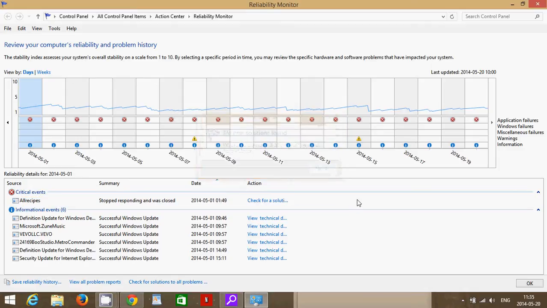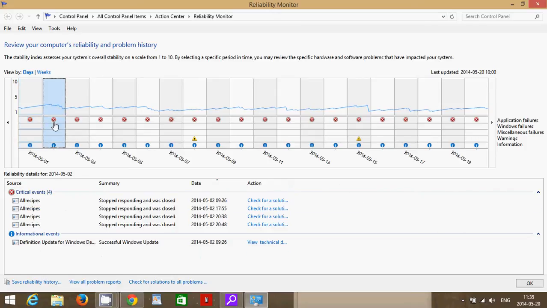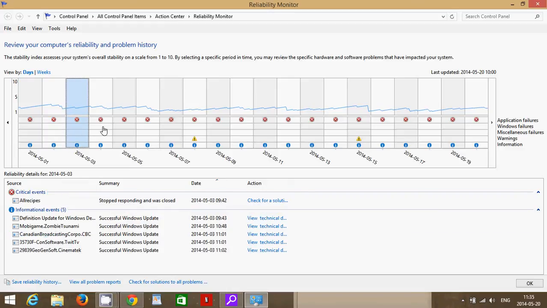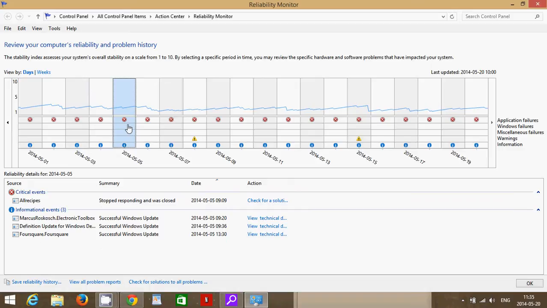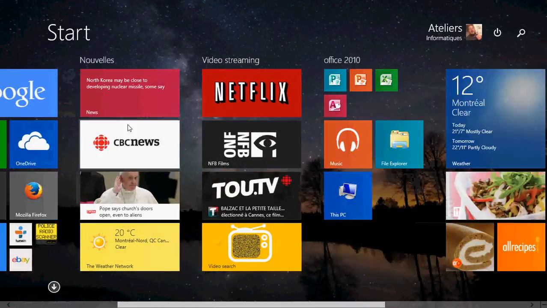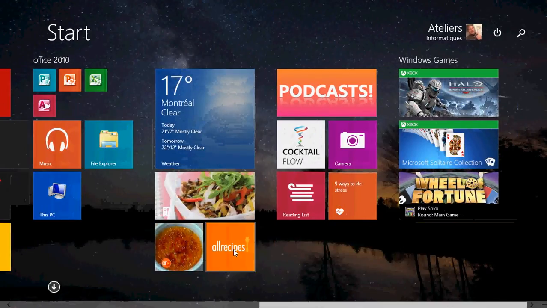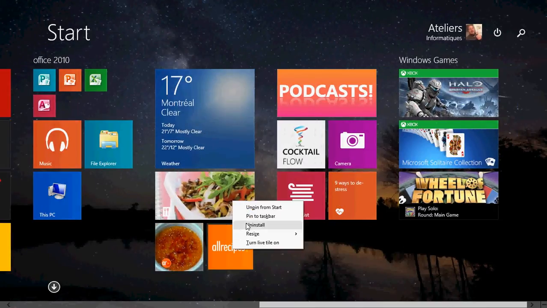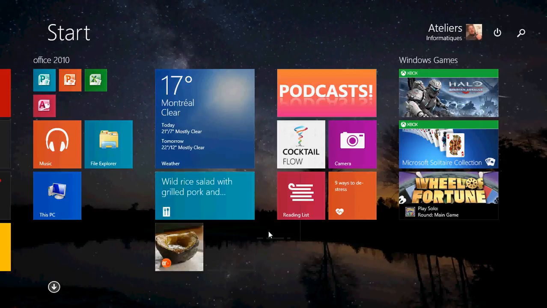Like I said, if it doesn't do anything wrong on your computer, if you haven't noticed any problems on your computer, I wouldn't try to fix it. Here, if I check the red X, you notice that it's always the All Recipes app that's crashing on my computer. So if I check for All Recipes, what I could do is simply go into my apps, and the All Recipes app, I can right click, uninstall it and try to reinstall it